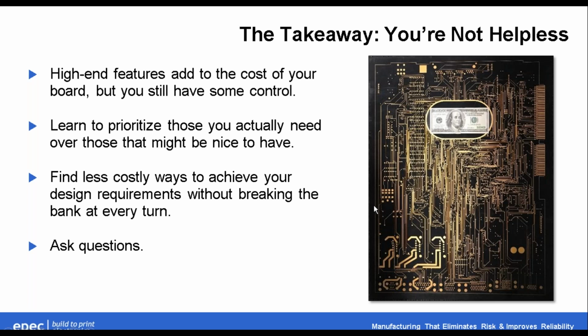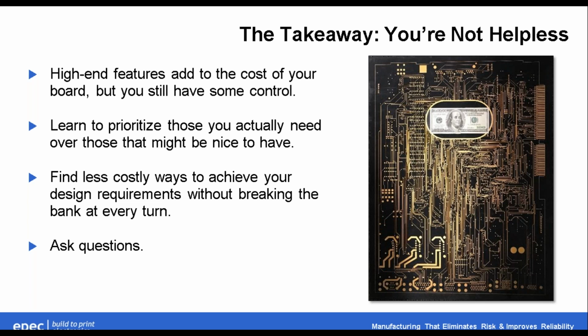So the takeaway of all this is that high-end features add to the cost of your board, but you still have some control. In a lot of situations you can save yourself some money by thinking it through, talking it through. You need to learn to prioritize what you really need over what might be nice to have. If you don't need every bell and whistle, cut some of them out. You'll save some money. And try to find less costly ways to achieve your design requirements without breaking the bank